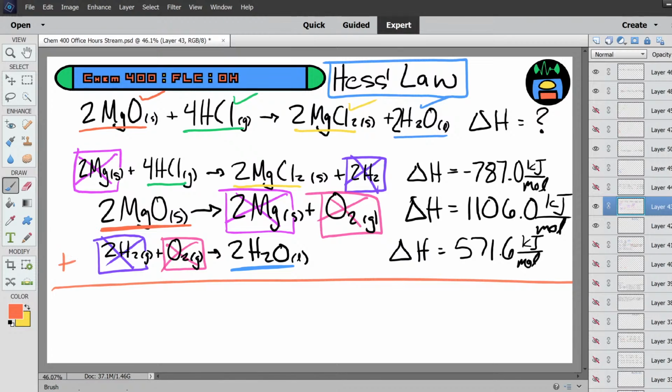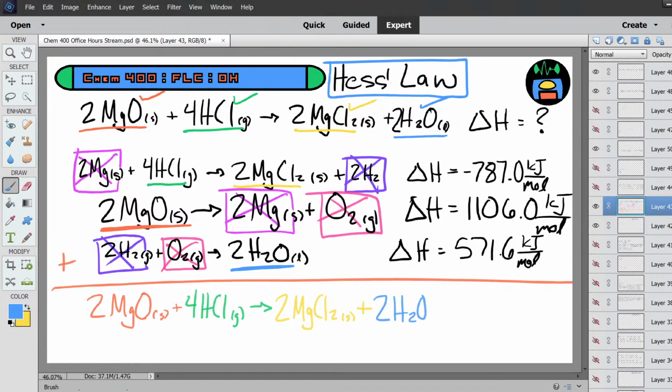When we add all these together, we get 2 moles of solid magnesium oxide plus 4 moles of HCl, producing 2 moles of magnesium chloride, which is a solid, plus 2 moles of H2O. And now we're ready